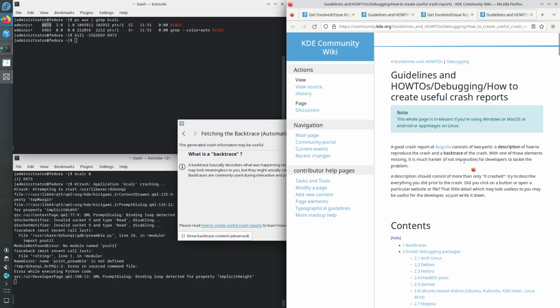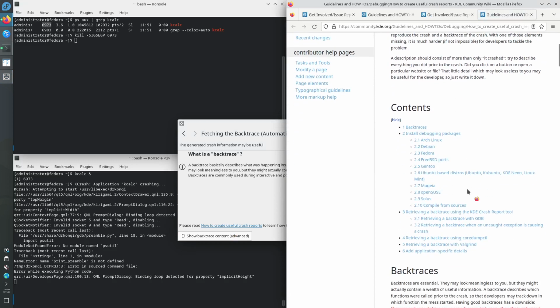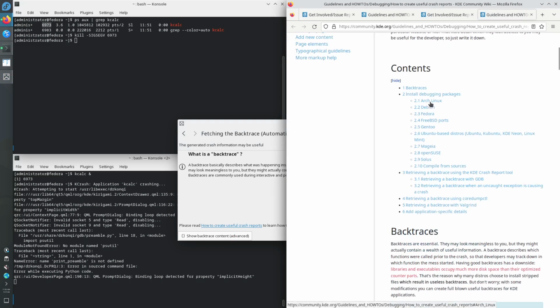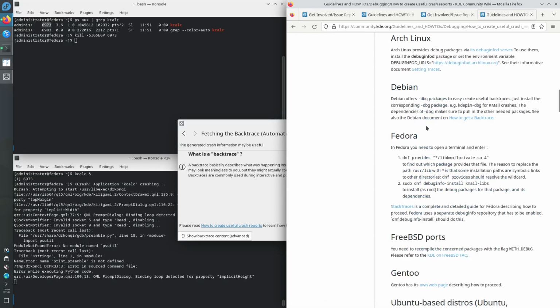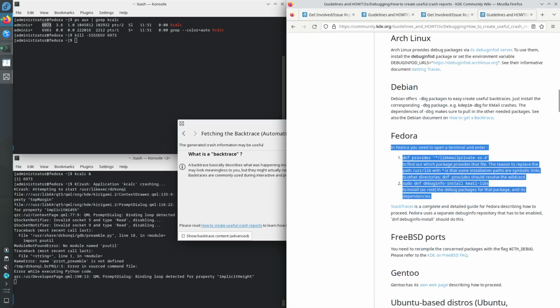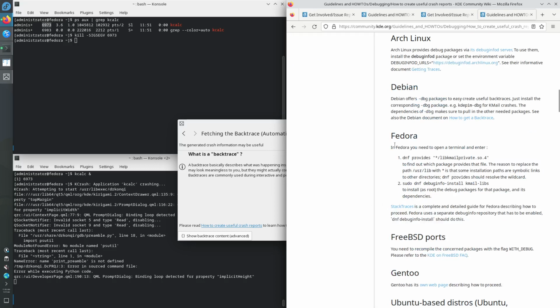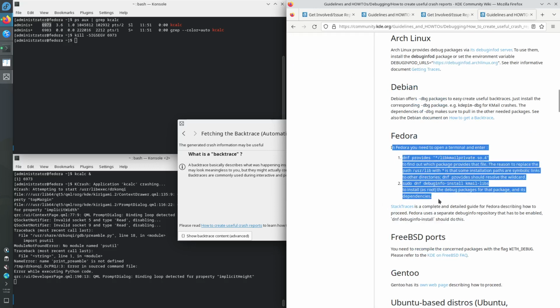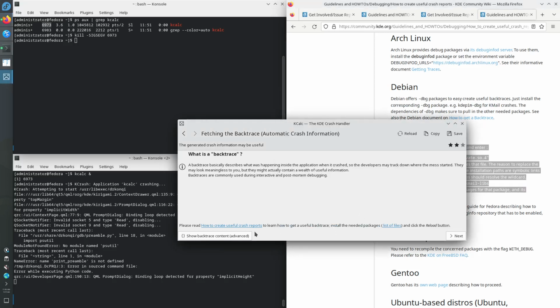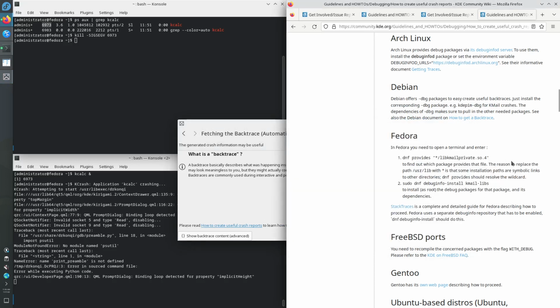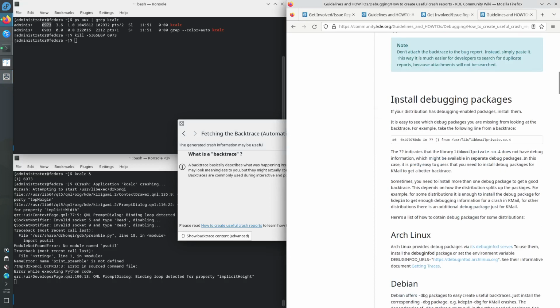Let's see what this page is. It's the page that we were reading, and we went to Arch, over to Fedora. Okay. Again, this information is for Fedora previous versions than 37, where debuginfod was not available by default. Okay. But it's useful, this wiki page, such that we know that we don't want a backtrace, we want a good backtrace. It says in here